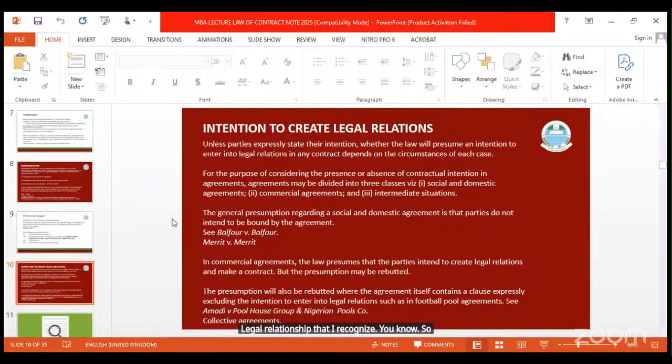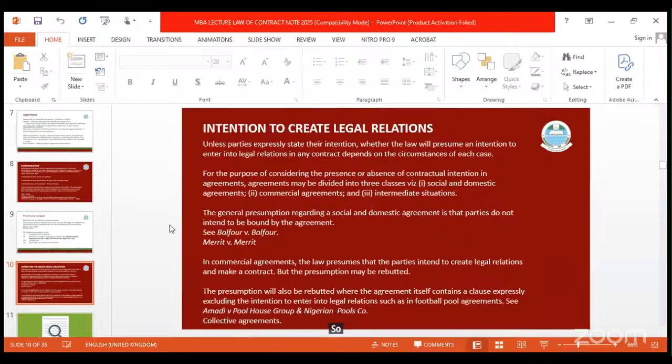But there are exceptions, whereby husband and wife or partners can enter into an agreement and it's binding. So always know that. You could see those two cases there, where husband and wife had issues. In the course of resolving it, the wife said, you know what, I won't come back unless you promise to do this. So the man took a paper from his car and wrote down that he will do X, Y, Z. It was binding on him when he wanted to sell that property to another person.